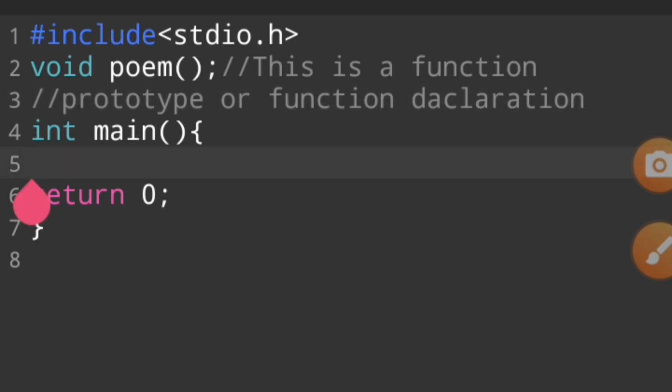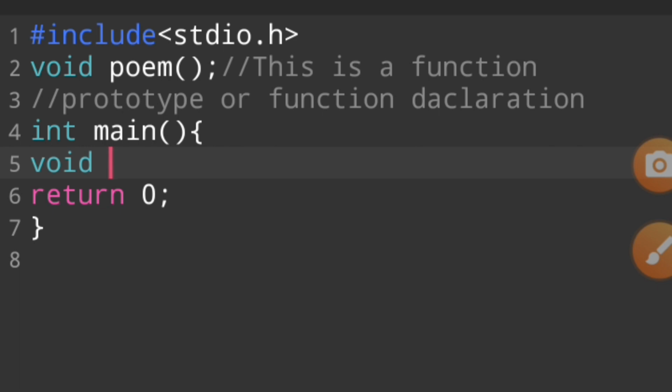And then in this area we call the function. For example, we say void. By default we declare functions as void or int, but in a recursion function we use int, and in this function we use void. In another video we talk about the difference between recursion functions and this function.